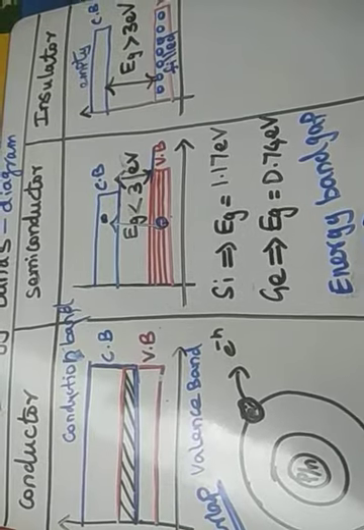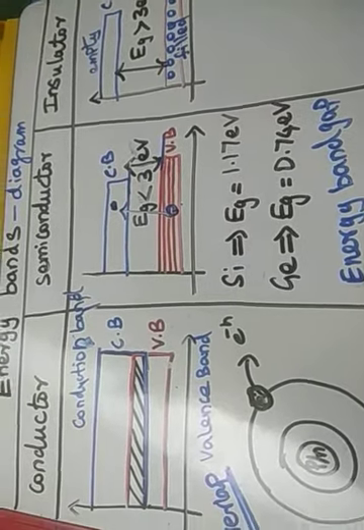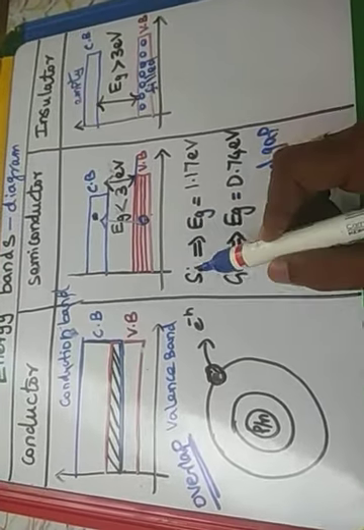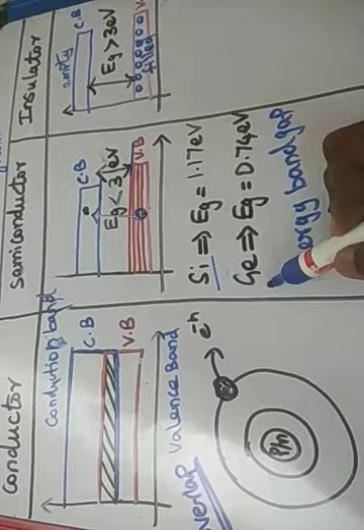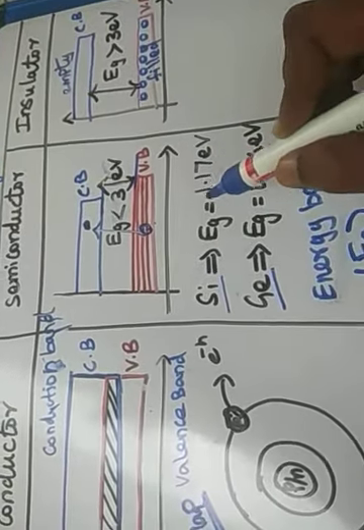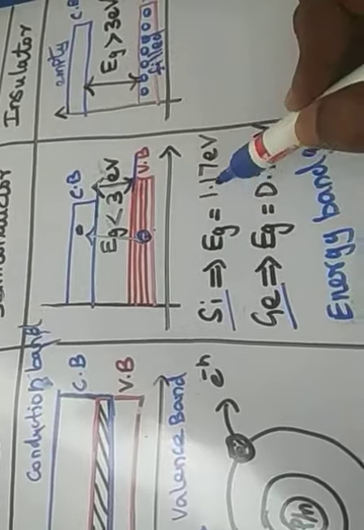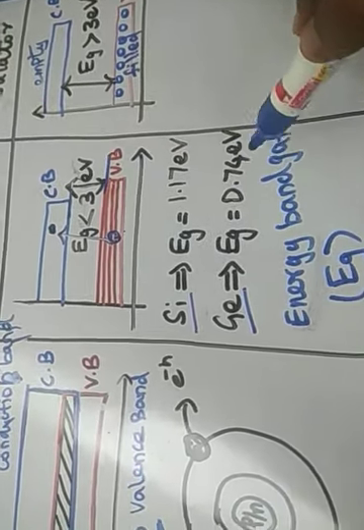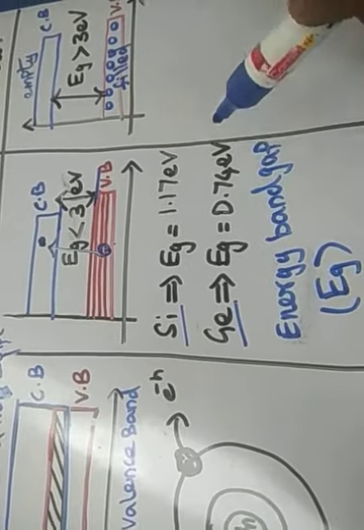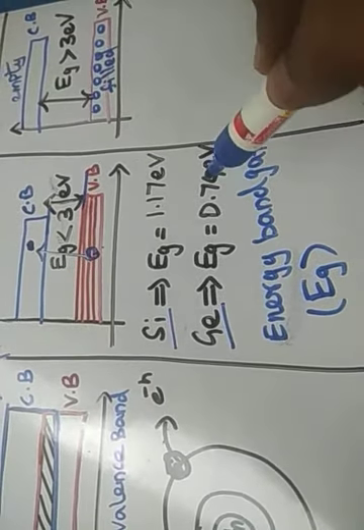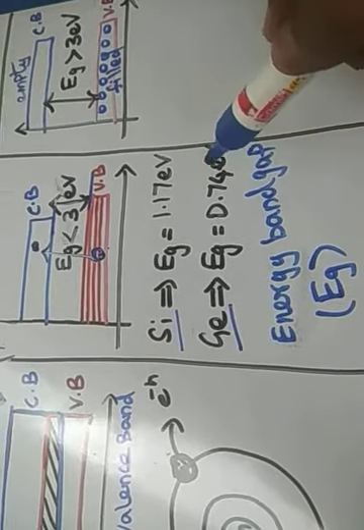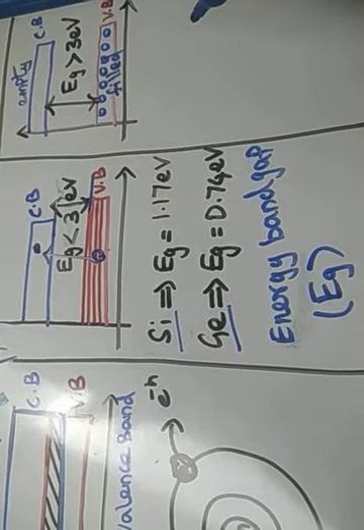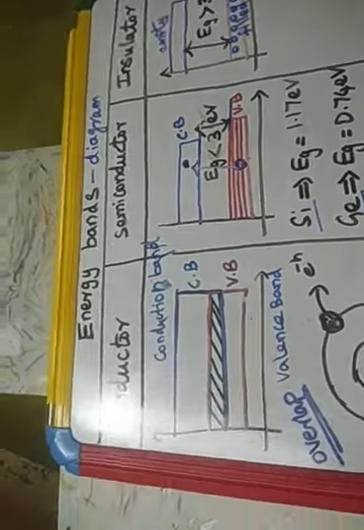Classification of the conductor, insulator and semiconductor based on energy band diagram. Silicon is an elemental semiconductor, germanium is an elemental semiconductor, a pure semiconductor. The energy band gap of silicon is 1.17 electron volt. For germanium it is just 0.7 electron volt. In our laboratory we do an experiment based on p-n junction diode characteristics. In forward bias characteristics we see this, the band gap of 0.7 electron volt.